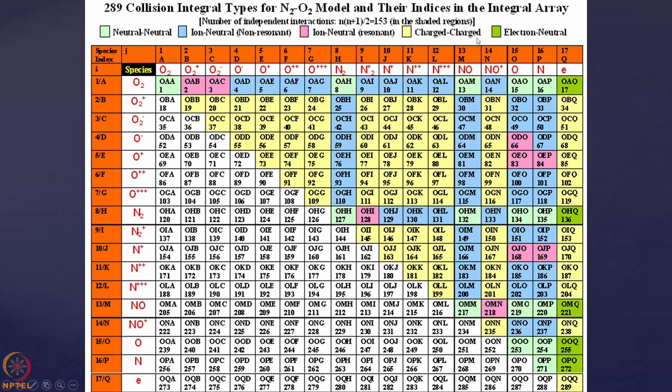And in this diagram you can see that this yellow zone is maximum. So, what is the yellow zone? This is the charged interaction, and it is natural because you are considering a plasma, which is an ionized medium. So, it is natural that charged interaction will be the maximum one. So, that is what you are seeing over here. Other than that, what I have told you, that ion-neutral and neutral-neutral interactions are also there.